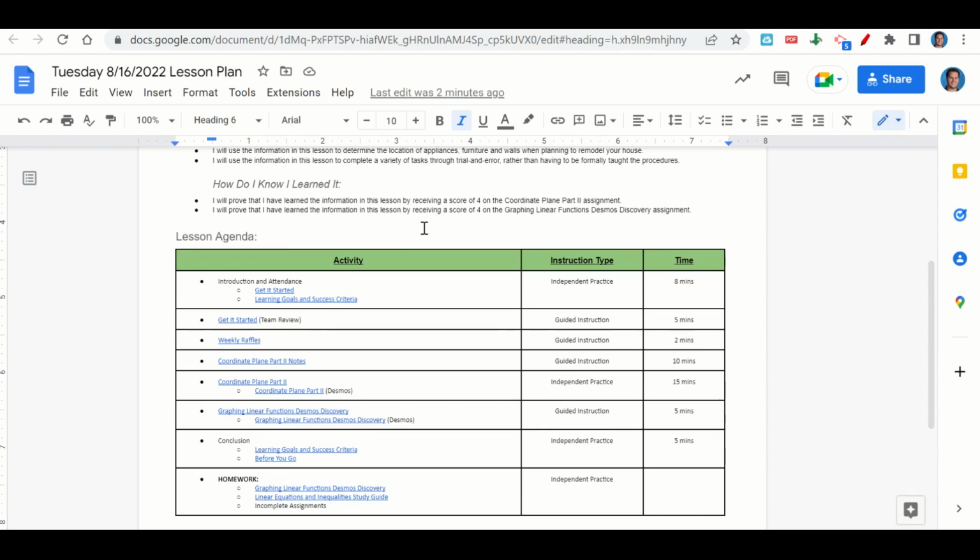After that, we'll go over the coordinate plane part 2 notes, and then I'll give you time to complete the coordinate plane part 2 assignment on Desmos. As we get towards the end of class, we'll go over the graphing linear functions Desmos discovery assignment on Desmos. At the end of class, we'll go back over our learning goals and success criteria while you fill out your